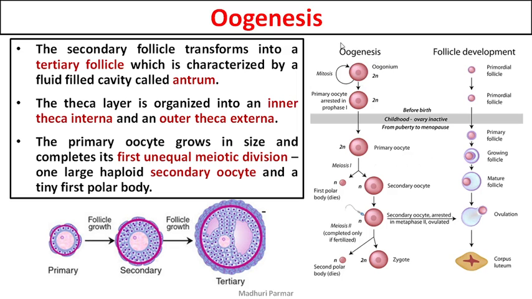In the diagram itself you have on the left which is oogenesis, ठीक है। On the right you have follicle development. oogenesis जो है वो हम ओवम की बात कर रहे हैं, ठीक है, गैमेट की बात कर रहे हैं। लेकिन फॉलिकल डेवलपमेंट जो है उसमें गैमेट के अलावा भी सेल्स जो है they are included, ठीक है। तो it does not mean कि प्राइमरी फॉलिकल है उसके अंदर प्राइमरी oocyte, सेकेंडरी फॉलिकल के अंदर सेकेंडरी oocyte, टर्शरी फॉलिकल के अंदर टर्शरी oocyte, ऐसा मत करना, है ना। ध्यान से सुनो।